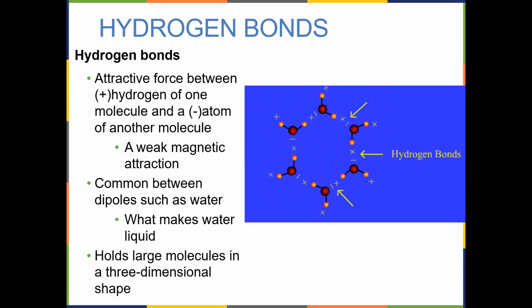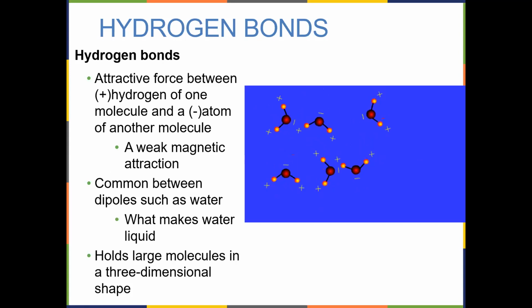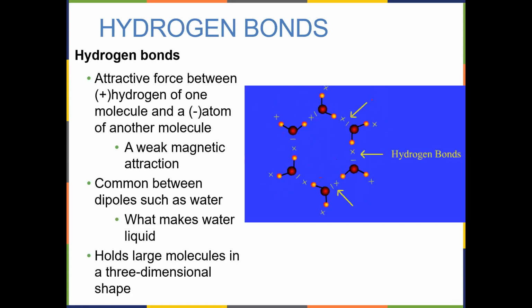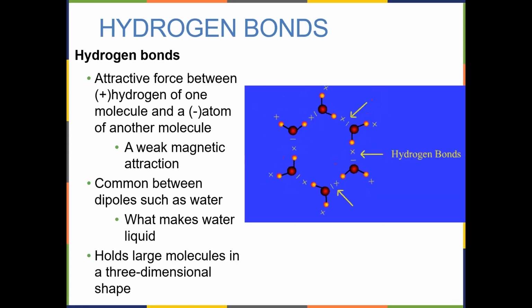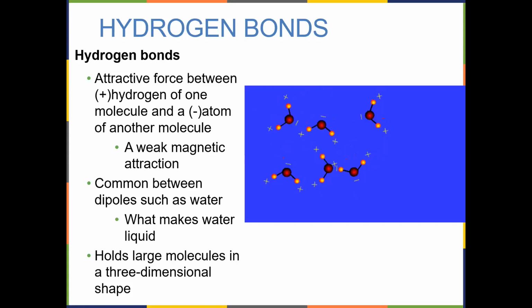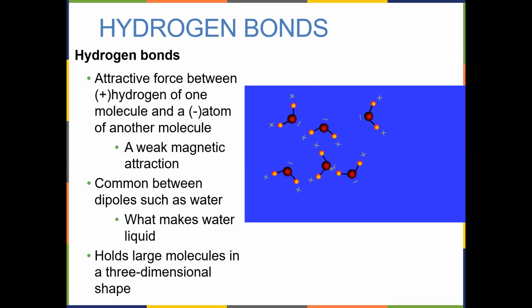Just think the hydrogen end is attracted to the oxygen end of another water molecule. While it's a very weak bond and breaks all the time, this is what allows water to be a liquid and not a gas. Water is held together by hydrogen bonds. If you have a beaker of water and you pour it out on the desktop, it's not going to suddenly dissipate into the air. It's going to form this big puddle on the desktop.